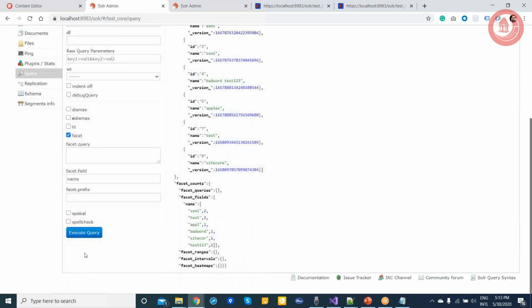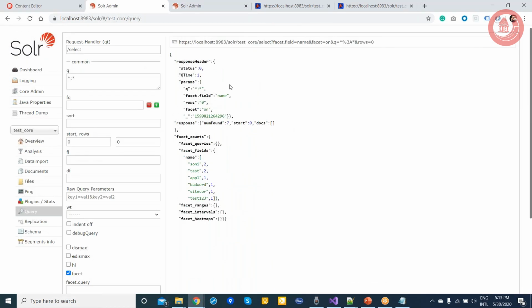So now you can see, for this whole data, I have facet for Sony 2, for test 2, for Apple 2, for bedword 1, Sitecore 1, and test 1, 2, 3, 1. Okay. So why I'm showing you this facet is that later when we discuss Sitecore SXA, I will match it with that, how it works with SXA.